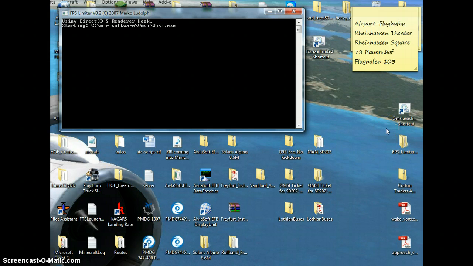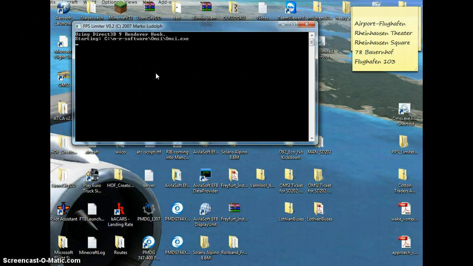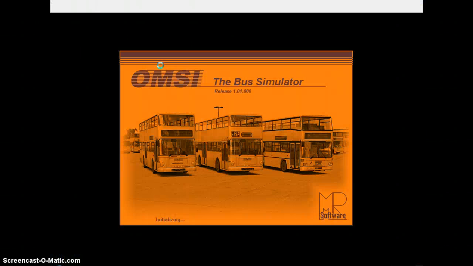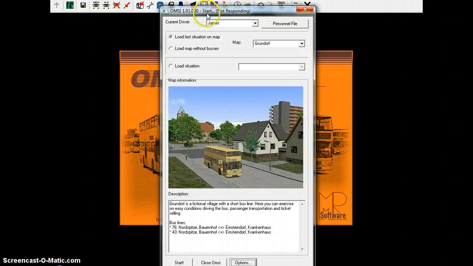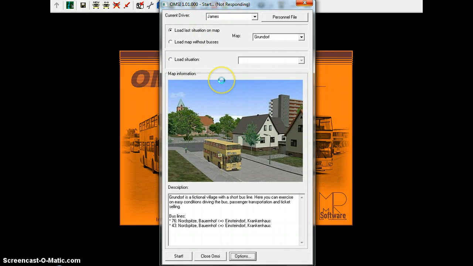If it loads anyway. This is what it will do. It will open up this little, I think, command box, I'm guessing, and basically you want to minimize that. You don't want to exit out of that until the entire simulator is closed itself. When you've closed OMSI, it will come up with press any key to exit, and then obviously just press any key and you'll be fine. But I get some fantastic frame rates. I'm not sure what it's going to be like recording, but